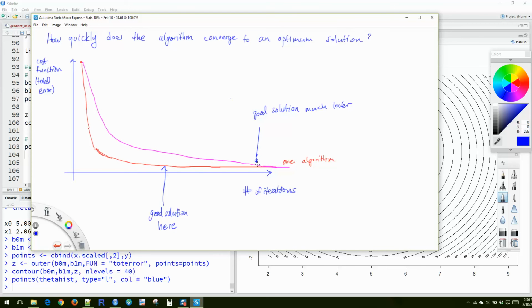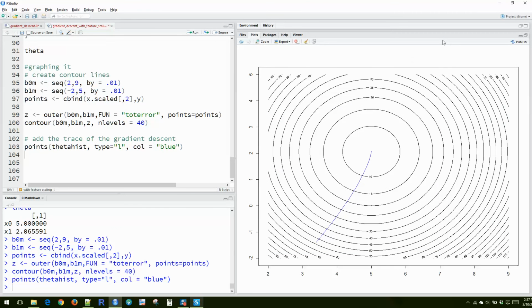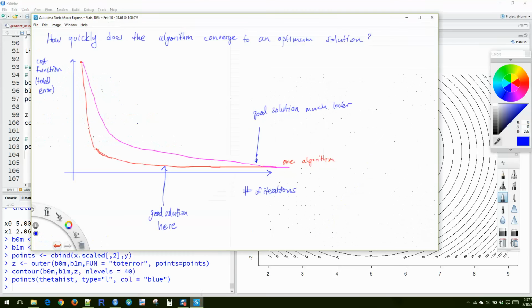Okay, it also can give us an idea of how aggressive we can be with our learning rate alpha. Okay, so if I pick a huge learning rate alpha, I get the problem where I diverge from the optimum solution. Okay,